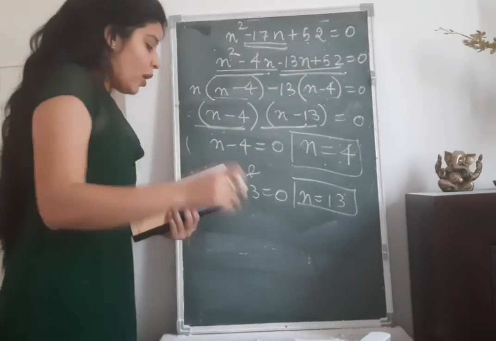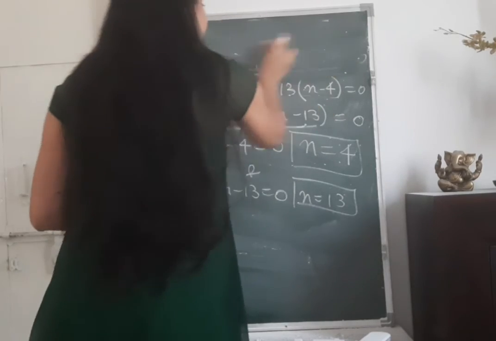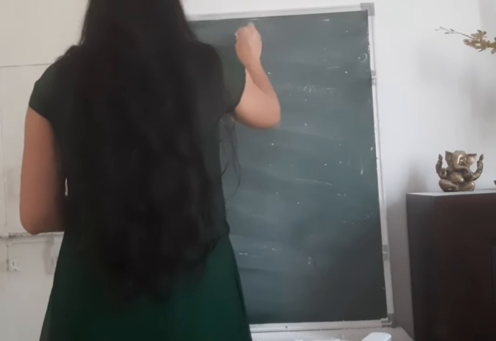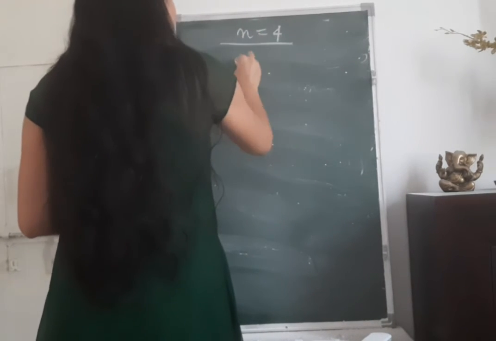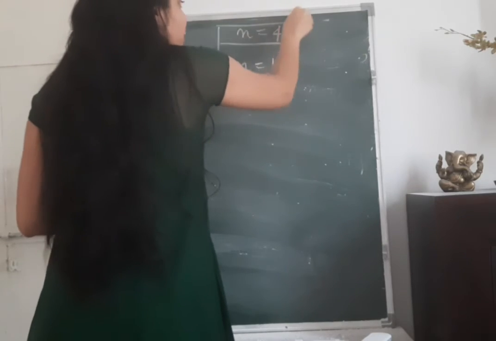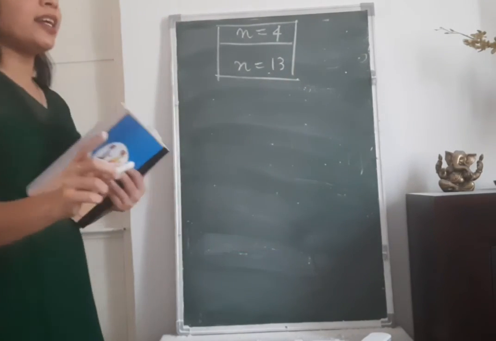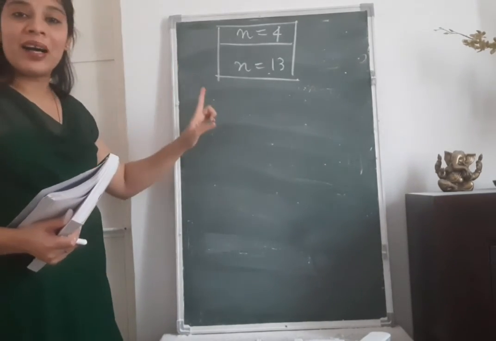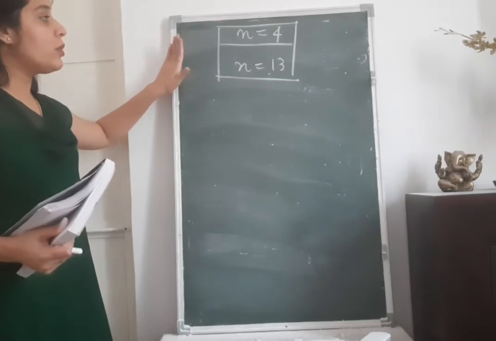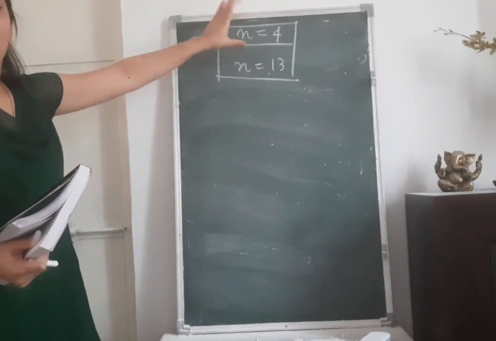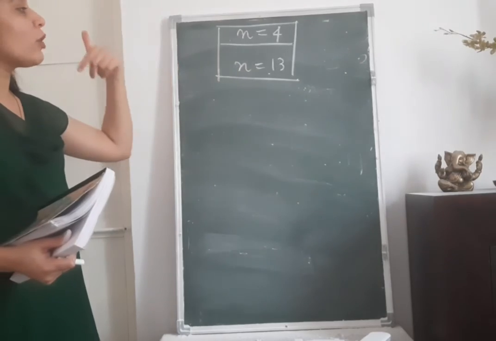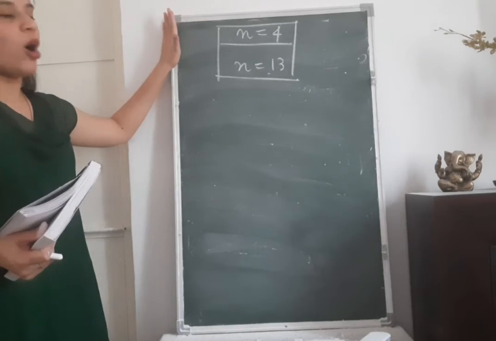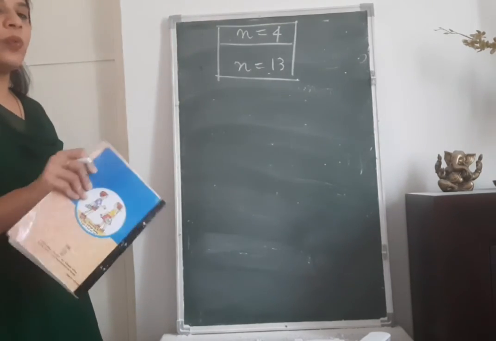So according to this question, if you are going to add the sum of first terms of this arithmetic progression, what was our arithmetic progression? This is an important concept and you should understand it here. n is 4 and n is 13. And you have to write both these answers in your exams. If you write only one answer in your exam, then the examiner is going to deduct your marks. Or even in a competitive exam, you will most likely get one answer and end up writing the incorrect option. So n is equal to 4 and n is equal to 13.